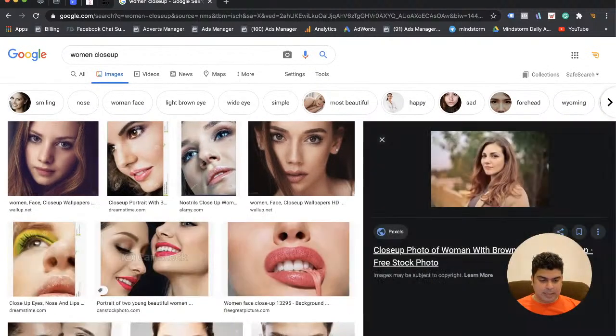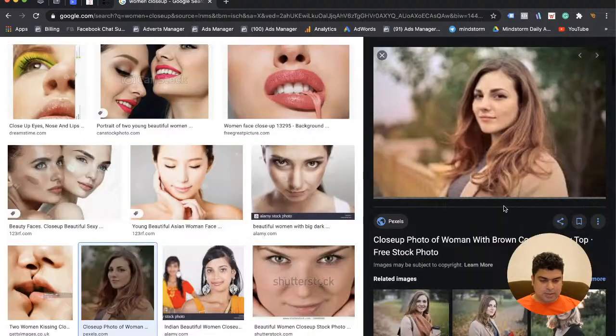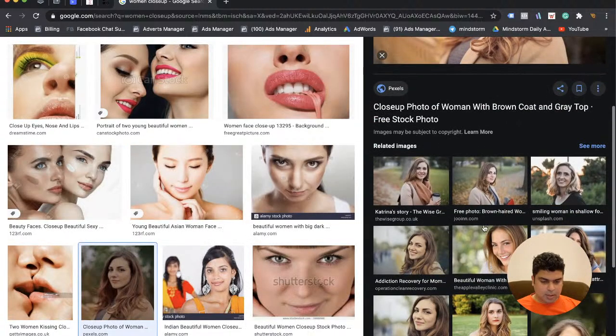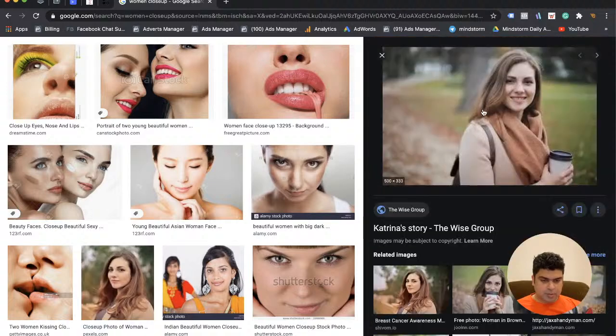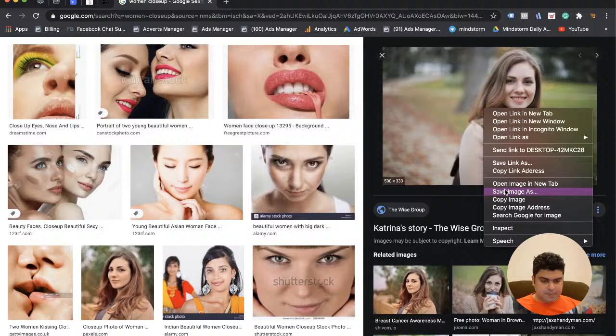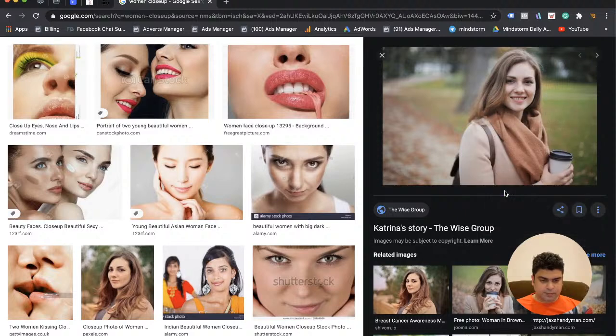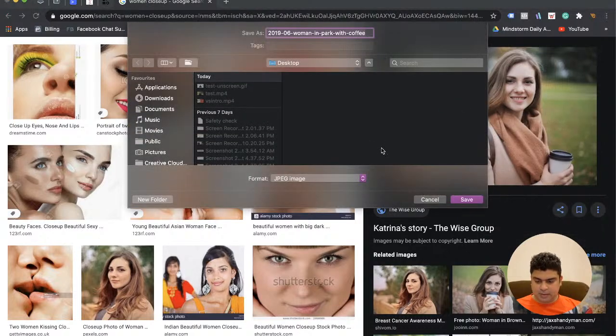So for example, let's have a look at this one. There is this particular image. There are a lot of other images over here, so you can see these, right? I'm just going to pick up one image. Let's pick up this for an example. I'm just going to save that. I'm just going to call that something,